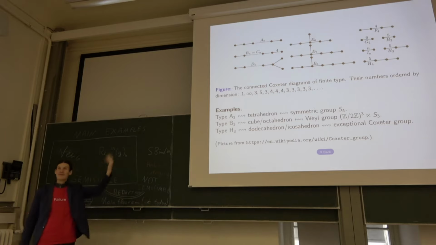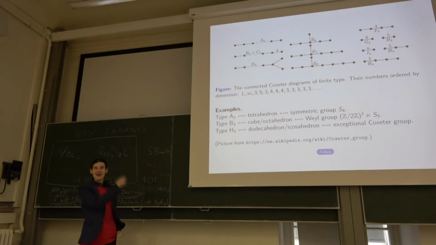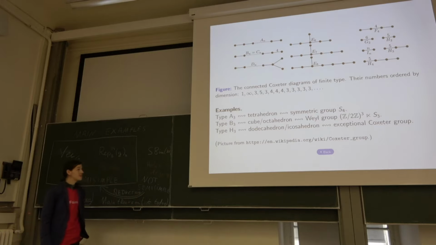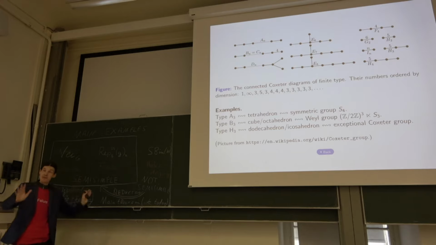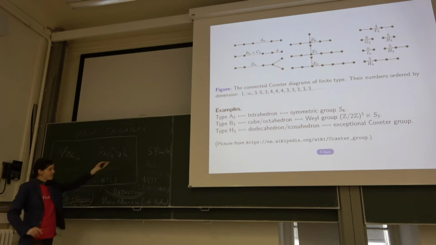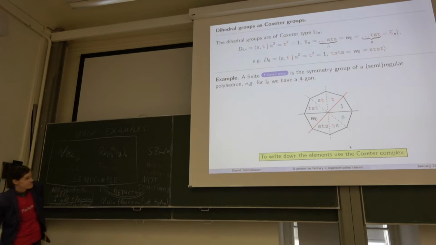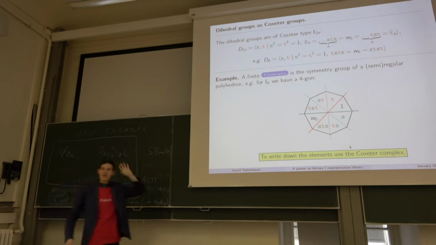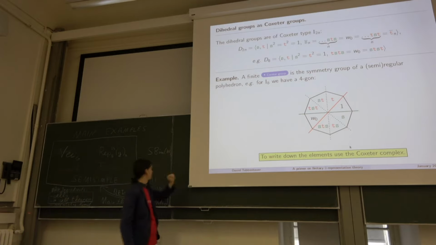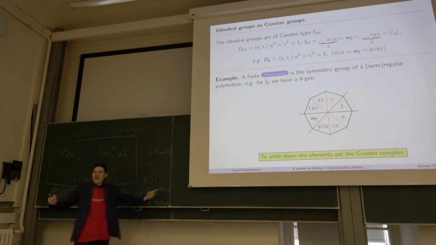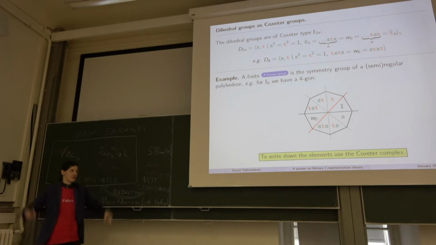So if you ever ask where you have seen this sequence before, it's a sequence of dimensions of the corresponding finite Coxeter groups. It turns out that those are really, really nice groups, and they have an associated Hecke algebra, which I will come back to in a second. But this is my main example, which I want you to keep in mind, where you can feed in basically any symmetry group of some regular polyhedron.